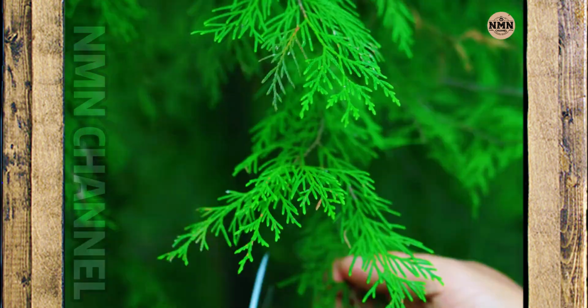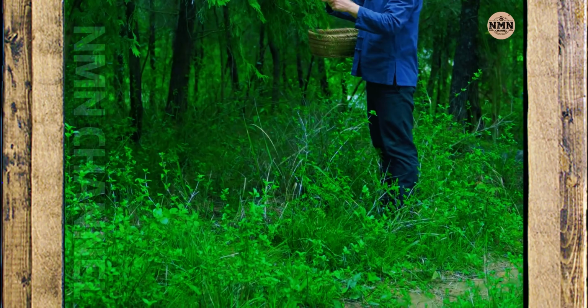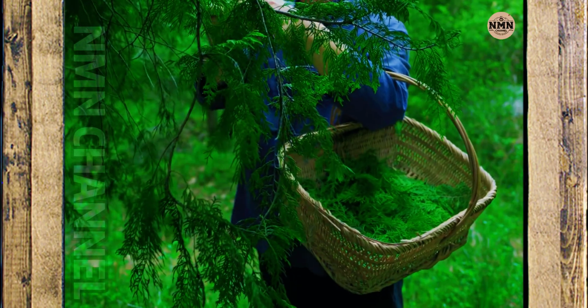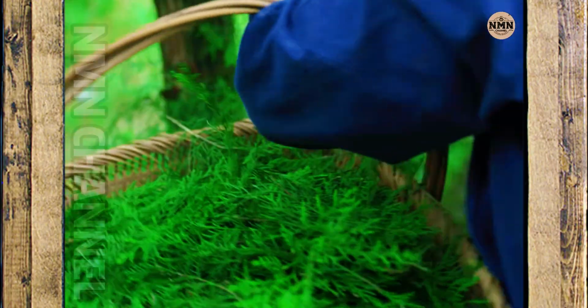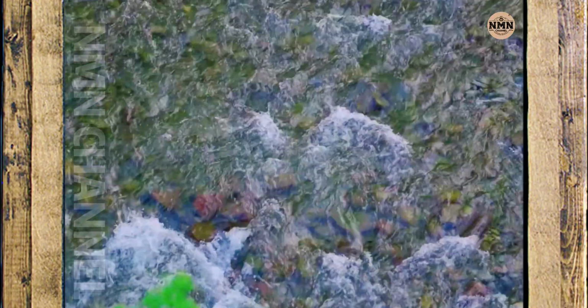In the middle of the green forest, the worker finds a familiar herb, cypress leaves. In traditional medicine, cypress leaves are considered a treasure for hair, helping to nourish the scalp and naturally darken hair. Each picked branch and leaf is not only an ingredient, but also the essence of nature for an ancient hair